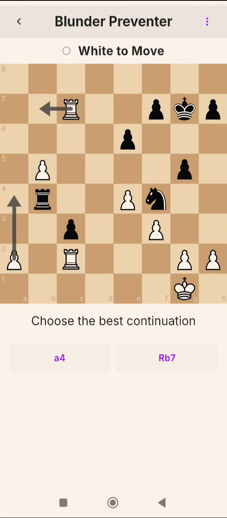This is subtle. This is quite a bit subtle. I didn't think at the beginning, when I watched this puzzle playing in front of me, that actually there is a bit of a subtlety here. Now, my instinct told me right from the very start that, being presented with these two options, a4 and rook b7,